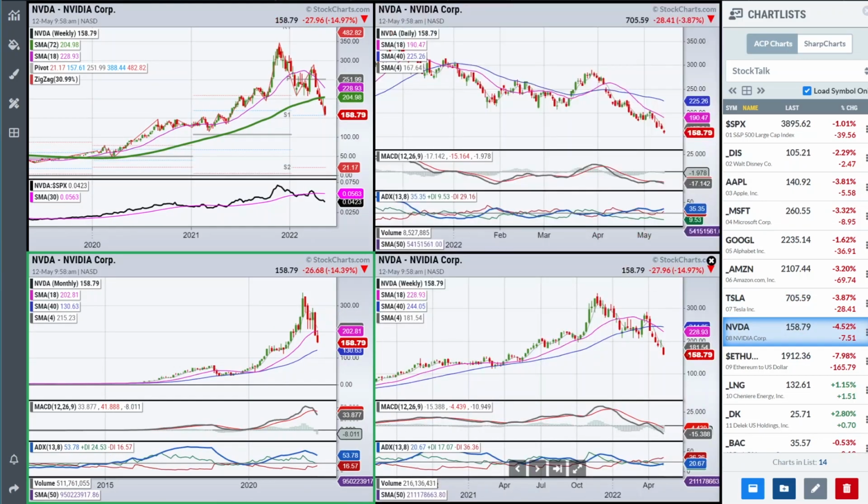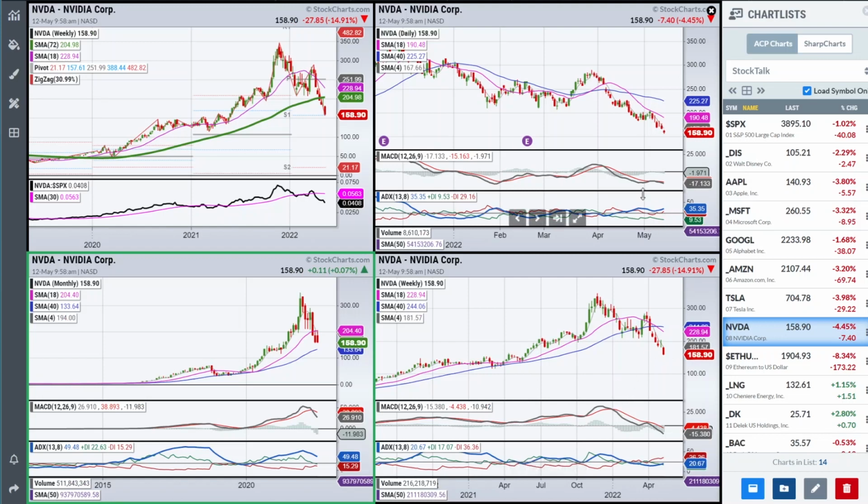Nvidia has completed the 1, 2, 3 to the downside and accelerated. And yeah, we're coming into some price support and we are oversold. So we could possibly get some kind of a bounce. Strong ADX on the daily chart. We really don't have that much on the weekly. So yeah, if we get a rally, it could be pretty decent.